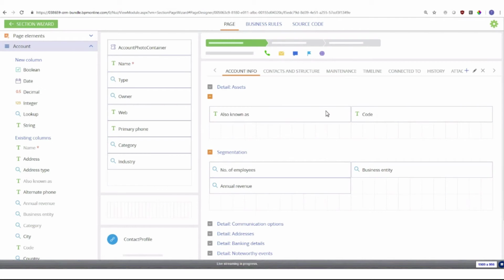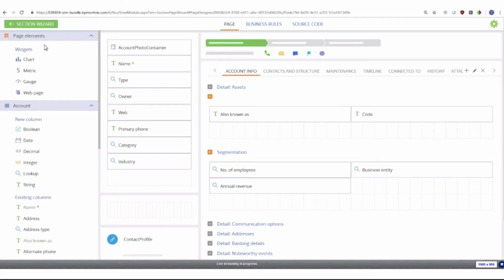In a chart directly on my account edit page to actually see some high-level information about those assets. And I can actually do so through this Page Elements functionality within the Section Wizard. Again, this is somewhat new functionality. I believe this was added a couple releases ago by bpm'online. So it's something not all of our customers have yet taken advantage of, but the ones who have, I think